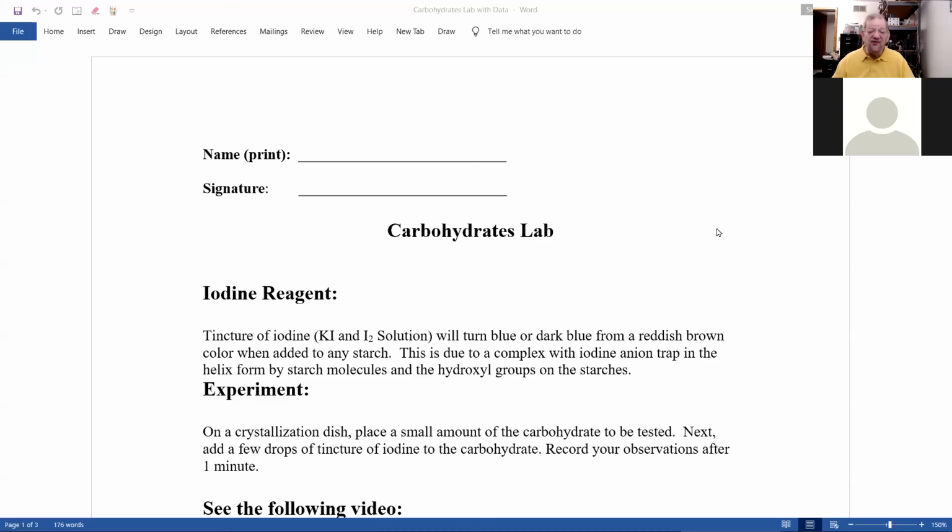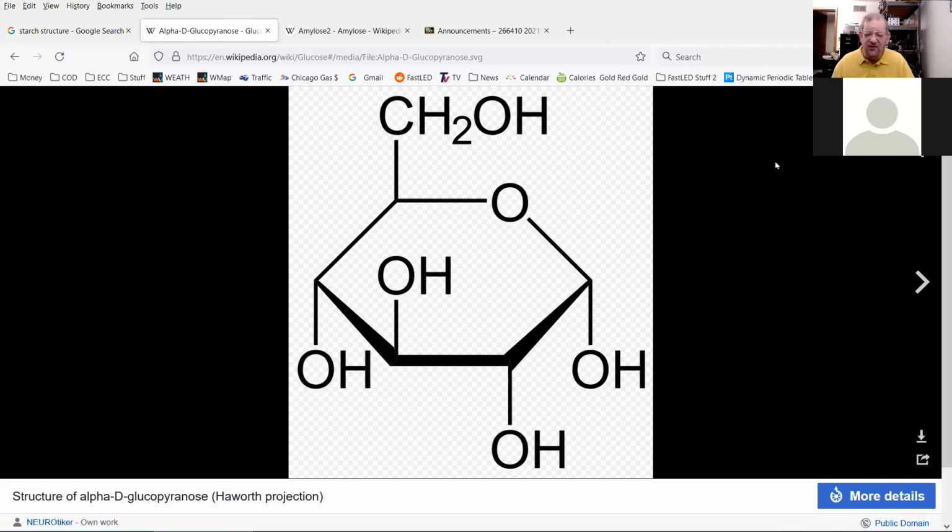And today's lab is carbohydrates. Now, before we go into the lab, let's talk a little about what a carbohydrate is. By definition, a carbohydrate is anything that's called a polyhydroxy ketone or aldehyde, or that, when you add water and acid, becomes a polyhydroxy aldehyde or ketone. Now, the most common